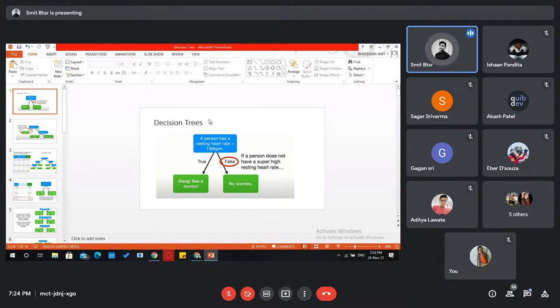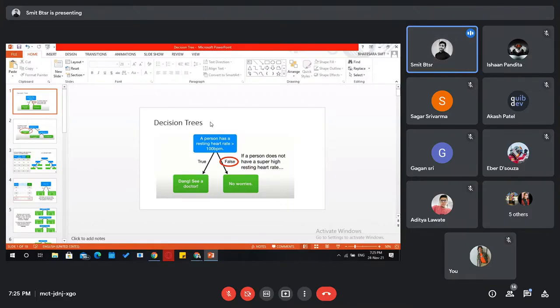Why are decision trees required? First question. Decision trees are required when we have lots of data, let's consider different people, and this is a very simple approach to solve any problem. In real life, we just make decisions, and what the machine is doing is also just making decisions. It's on its own, right? We are not telling it the answer, but we are telling it the rules to make decisions.